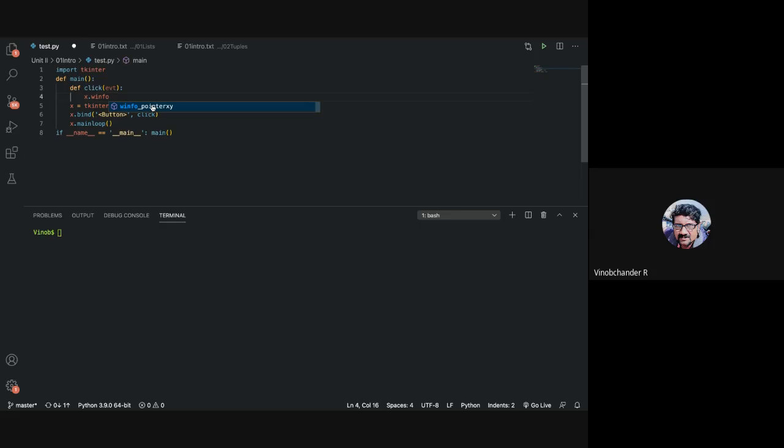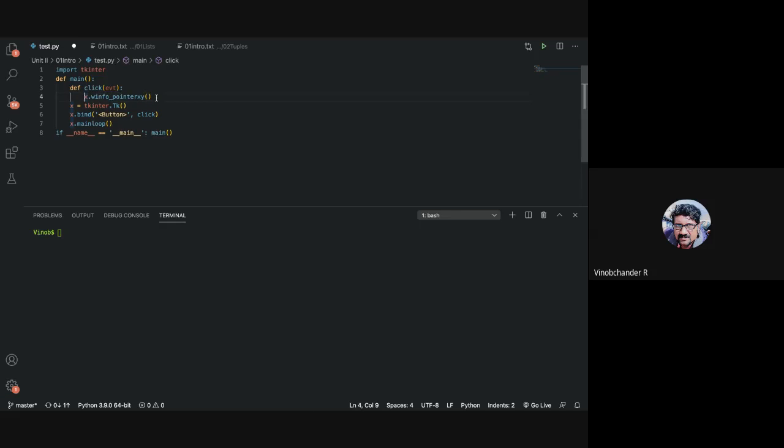It returns the value as a tuple, multiple values x and y here. So the function name is winfo underscore pointer xy. That should be the function. Now this built-in function winfo pointer xy returns a tuple.